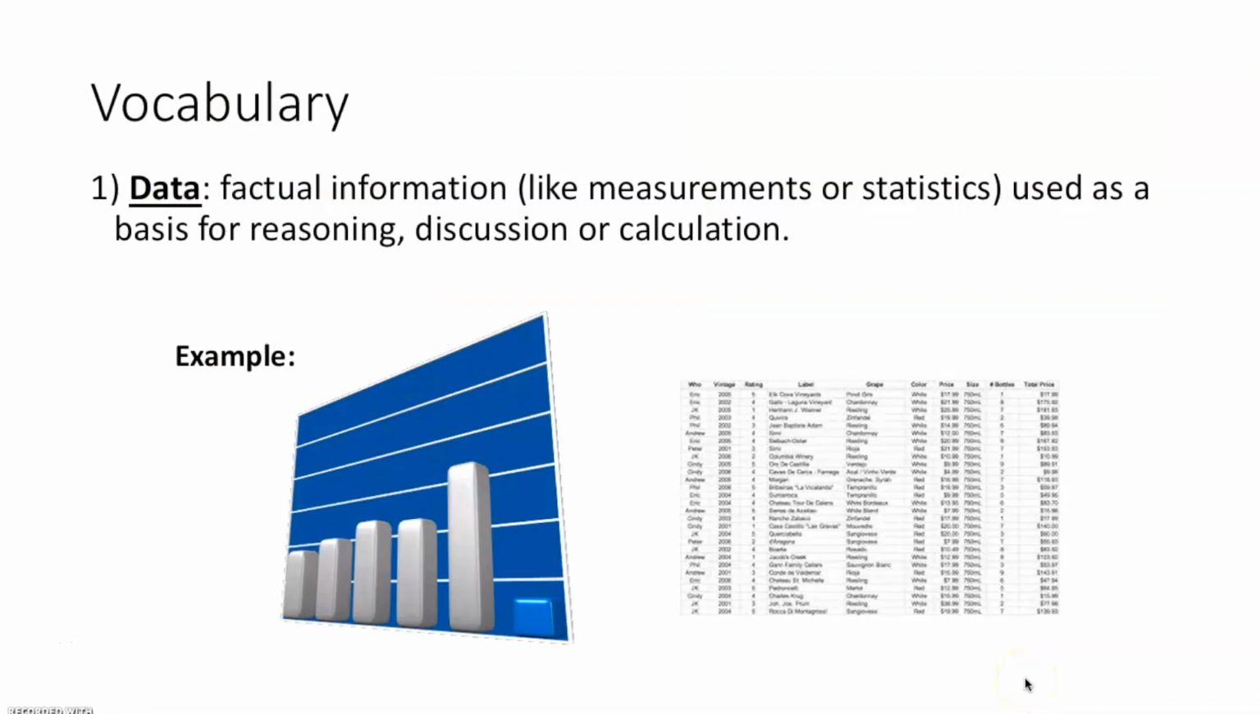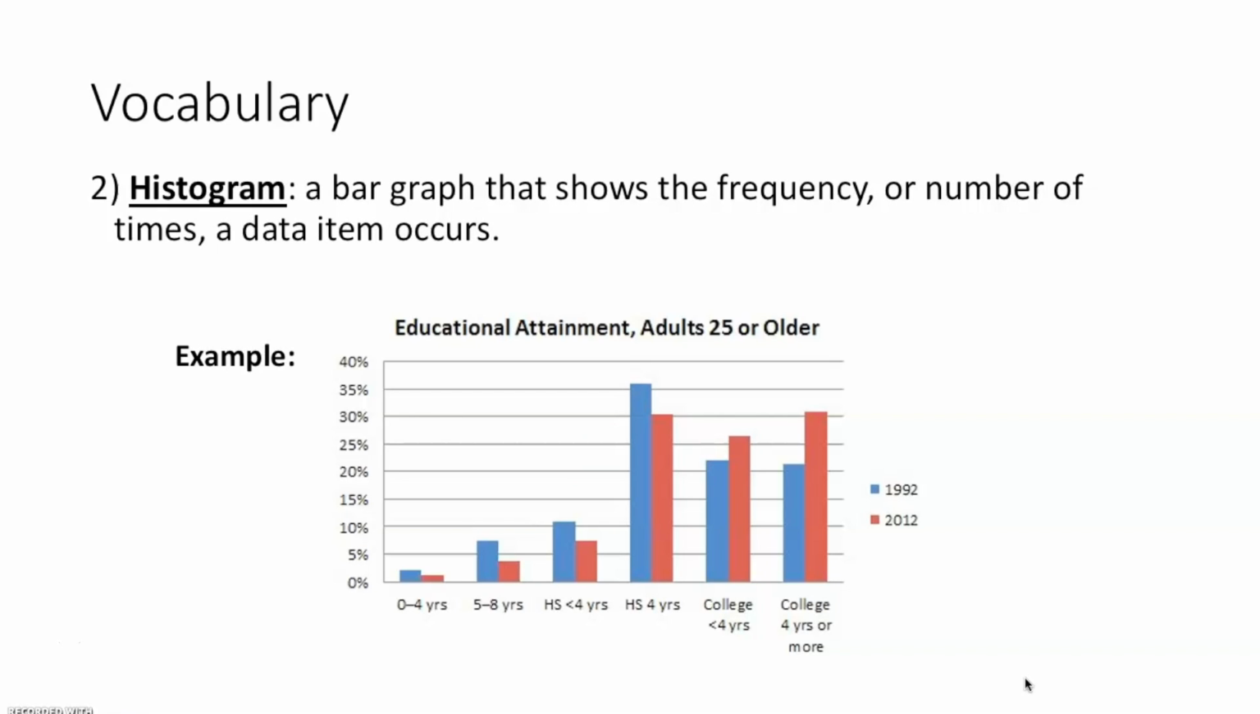First thing we're talking about is data. Data is factual information like measurements or statistics used as a basis for reasoning, discussion, or calculation. So today we are going to take a group of data and organize it into either a table or a histogram or a chart. Now, a histogram is a bar graph that shows the frequency or number of times a